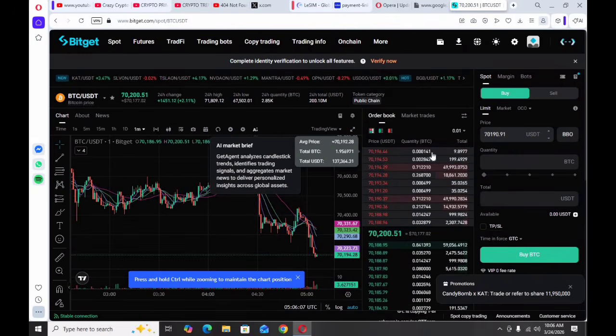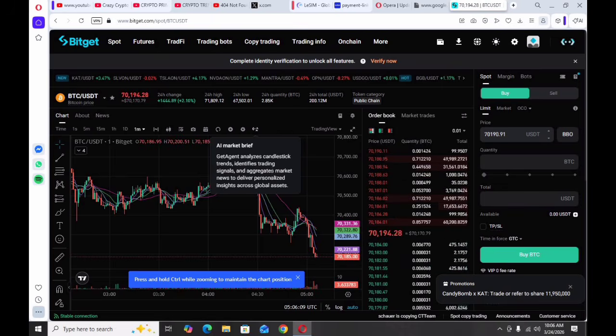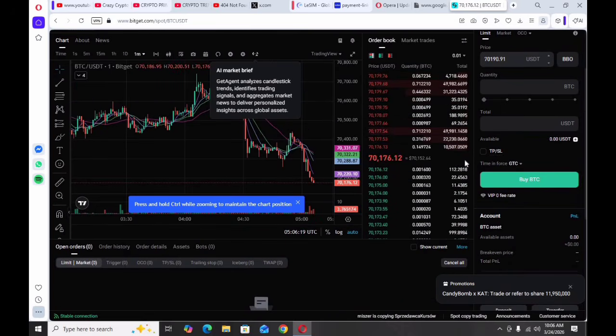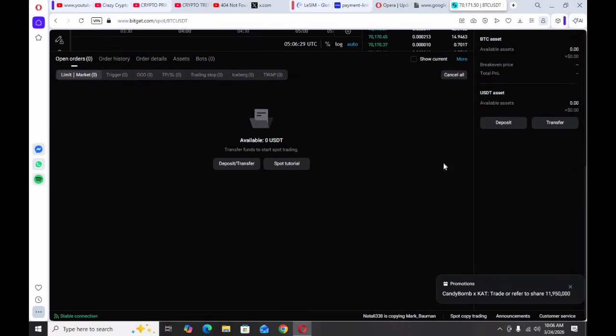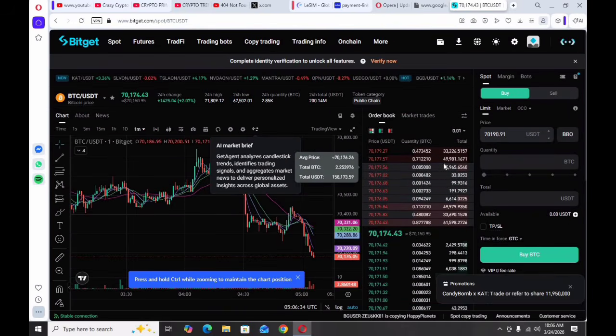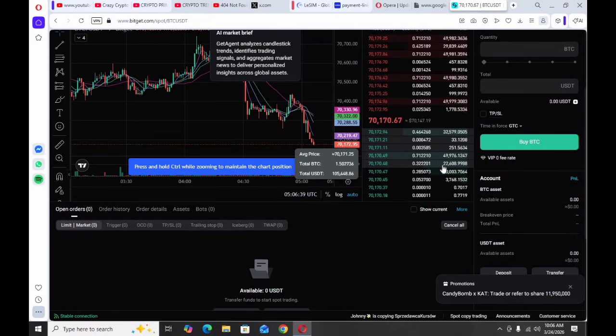Also use a small amount if you try it, and always do your own research before buying any coin. Check the project details, look at the market trends, and avoid hype and random tips. Don't follow signals blindly from Telegram or WhatsApp groups. Double check deposits and withdrawals, because mistakes can be costly. Always copy the wallet address correctly and check the network, TRC20, ERC20 or anything else. Send a small test amount first, because a wrong network can mean permanent loss.